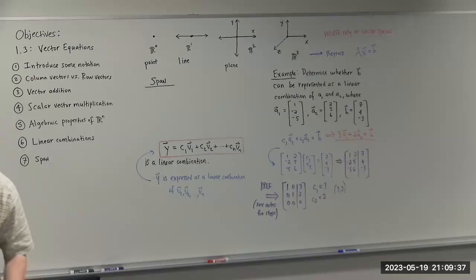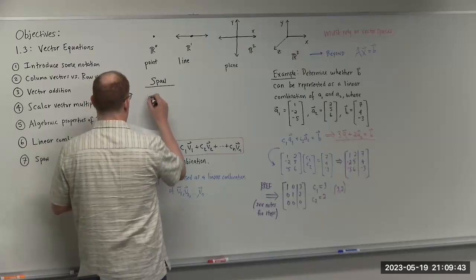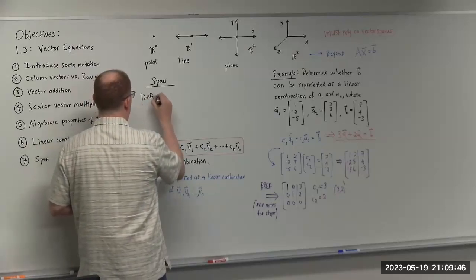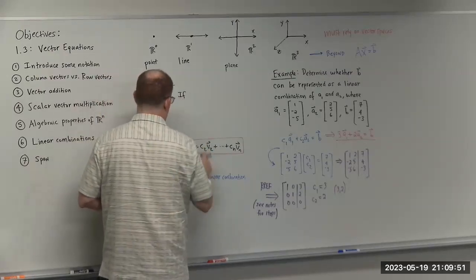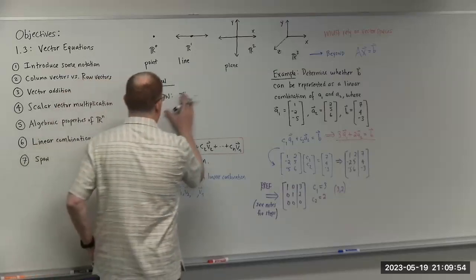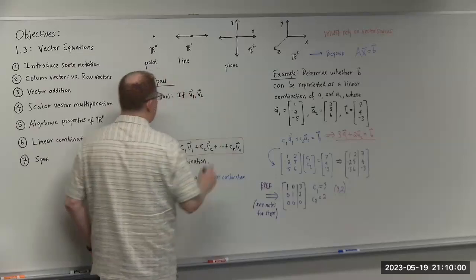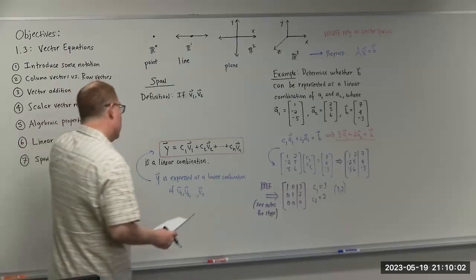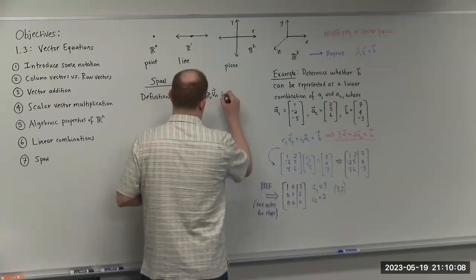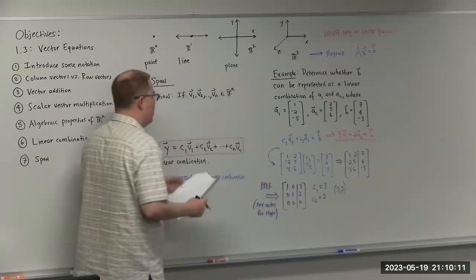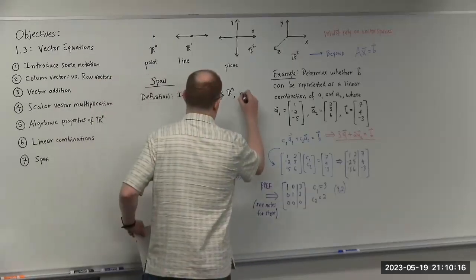Okay, let's talk about the span. Okay, so here's the definition. If we have a collection of vectors, let's say v1, v2, v sub n, that belong to R^n, then